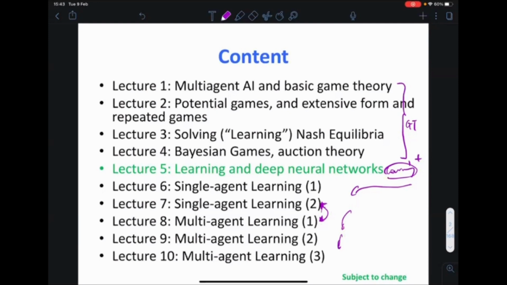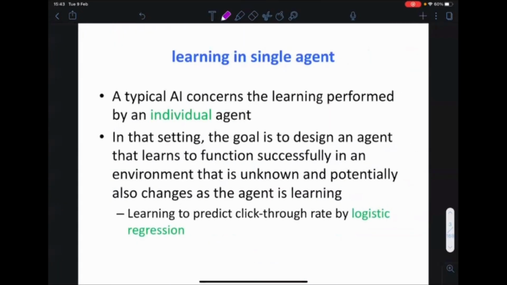I think for the later, more complex agent interactions, you do need to know this. In some cases, you don't really observe everything, therefore you need to build that kind of Bayesian inference view of the problem, and so on and so forth. So the question here is why we need learning anyway. We were talking about agents or players. Think about AI, and in most cases it is about an individual agent or